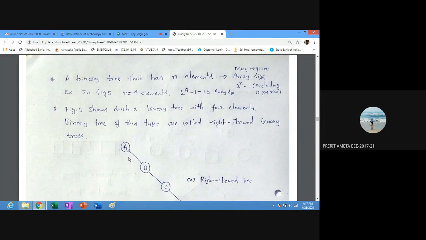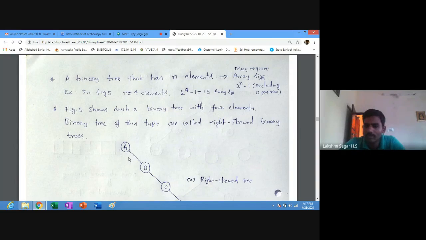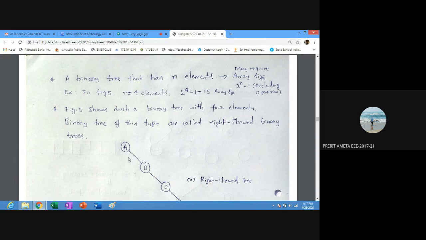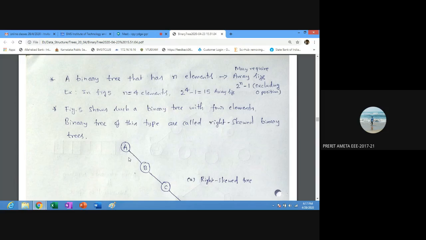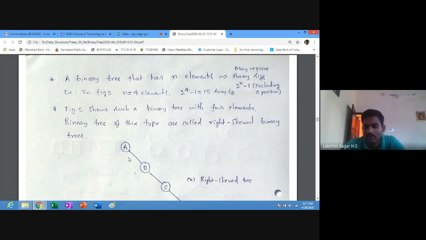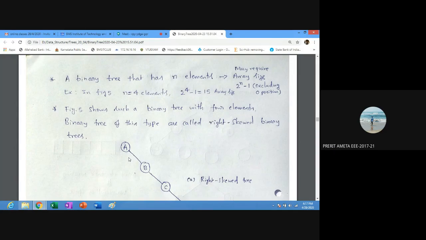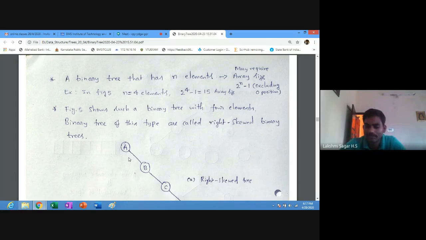Sir, will you share these notes in the Edmodo group? I will share. Sir, but when we access, it asks for permission. Notes also will ask permission. Yes, sir, the Google Drive videos will ask permission. So where will you send the notes? On Edmodo only. Otherwise, I will share it in the WhatsApp group. Yes, sir, you share it in WhatsApp, it will be easy. Okay, I will do that. That's all. Thank you, sir.